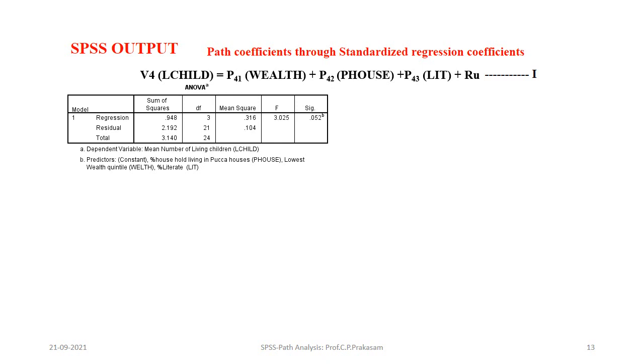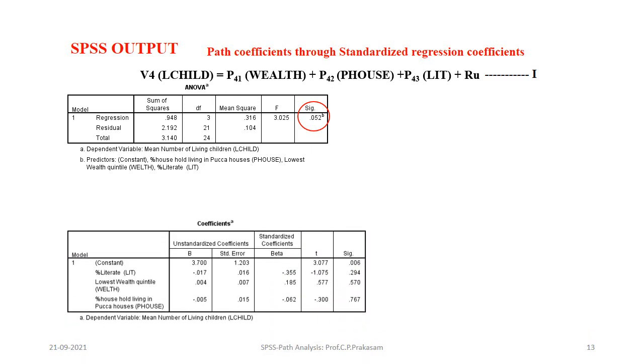First it will generate the R square as well as the analysis of variance, and it shows significant. Then comes the coefficients. If you look at the standardized beta coefficients, you can get the influence of the variables, and we can get the path coefficients. Therefore, standardized beta coefficients are the path coefficients in the regression equation.